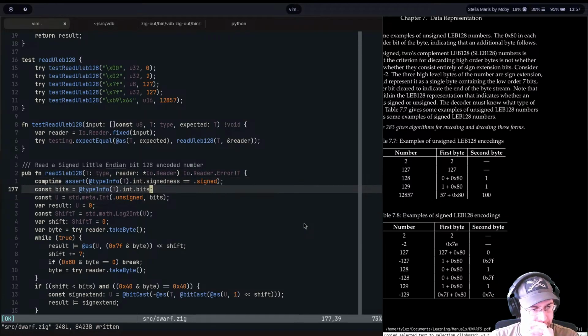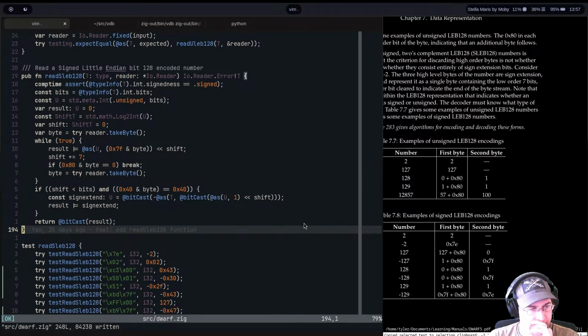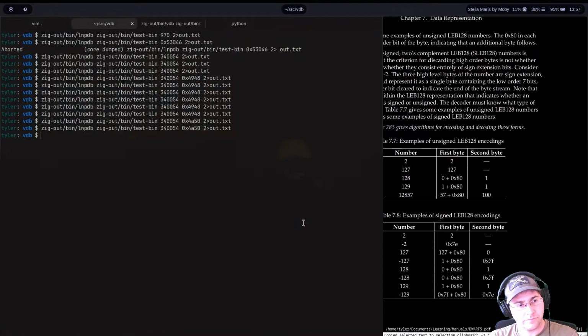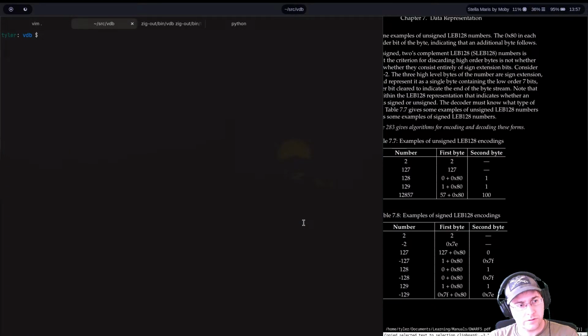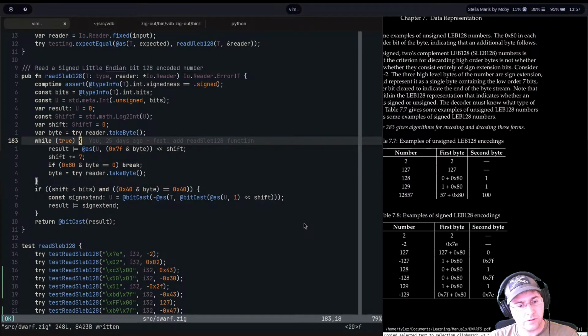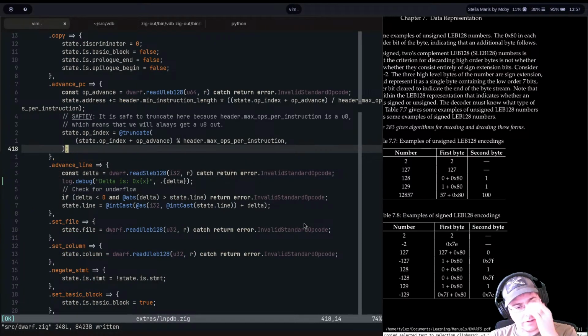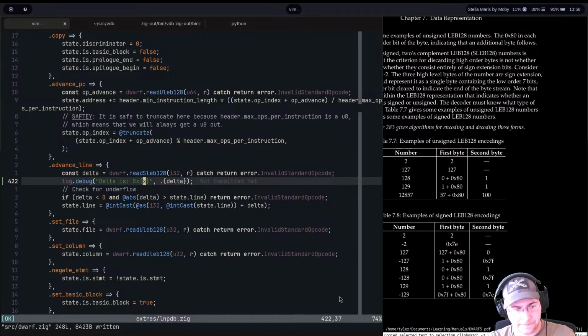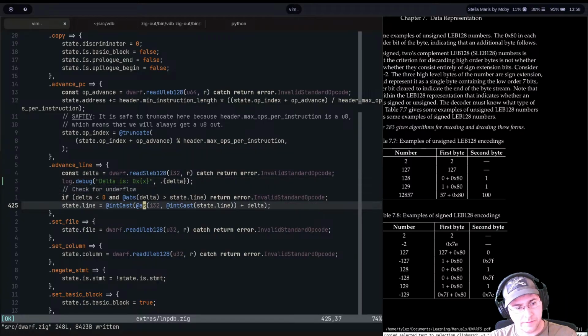Why is it not taking the shifts and the adds right? I think I need a better visual of this. What's going on? Speed this up